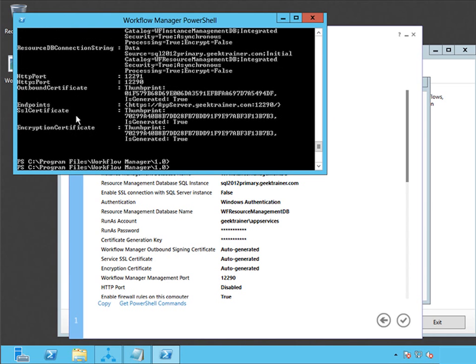And just like that, I now have my workflow services installed. Now, the big thing about this wizard is that it is going to automatically generate a certificate for me. And in my case, I wanted to use the certificate that we issued from our domain certificate authority. So what I'm going to need to do is go into IIS,